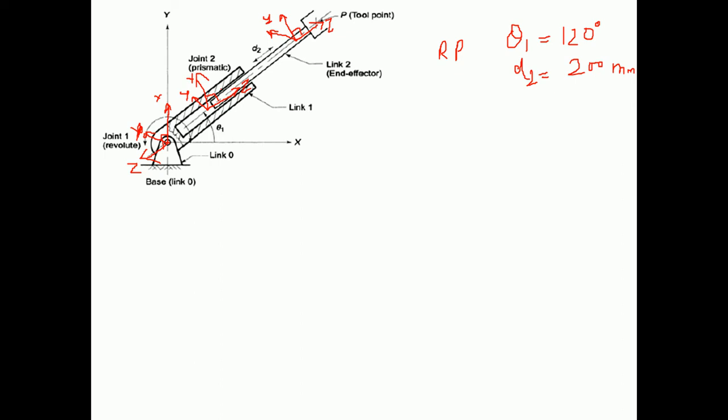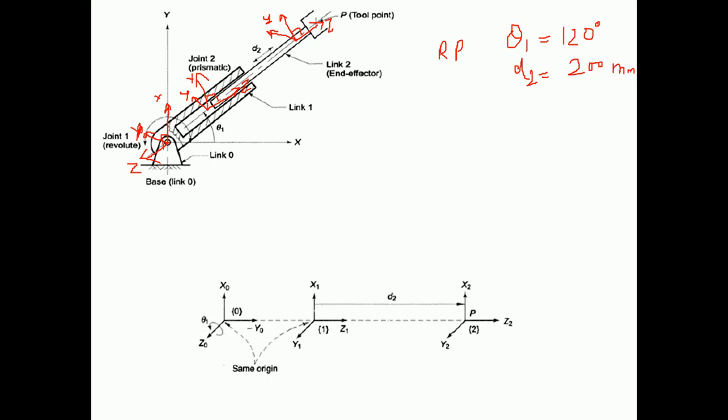Now one more thing, theta and d2 are represented in this diagram over here. Theta 1 is the rotation that can be performed by this link, and the translation which is going to be performed by link 2 is represented by d2. You can see that for our ease we can create these frames in such a manner, but we have to keep all the frames in our mind with respect to the diagram.